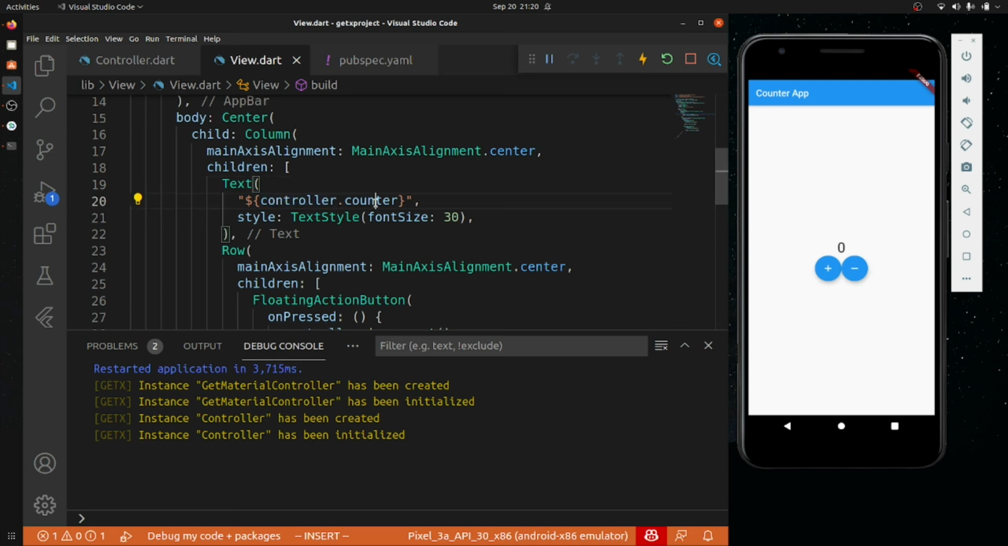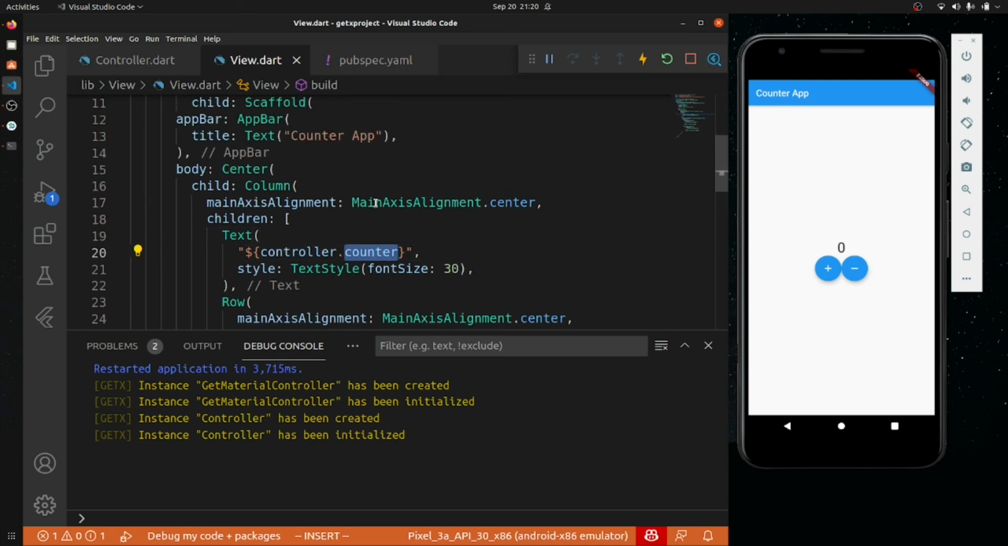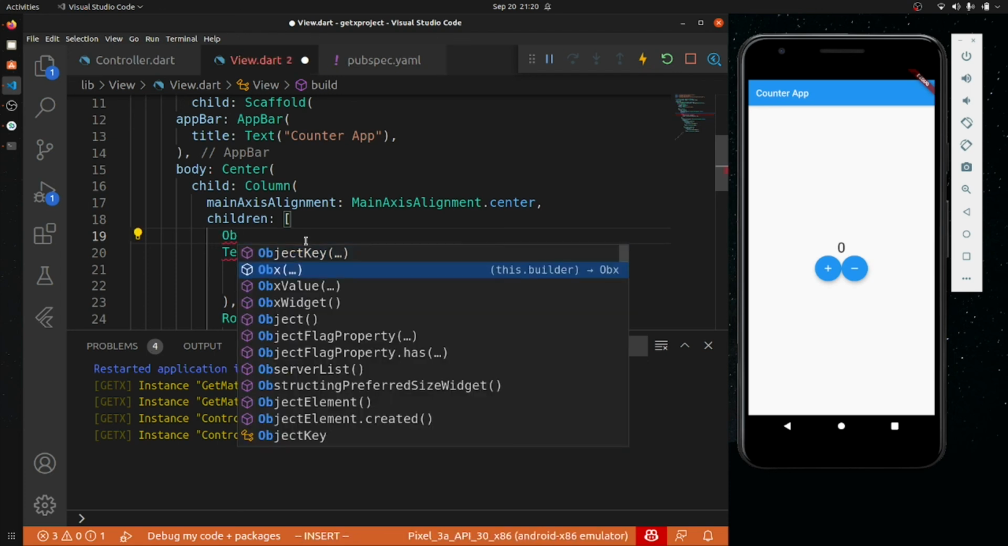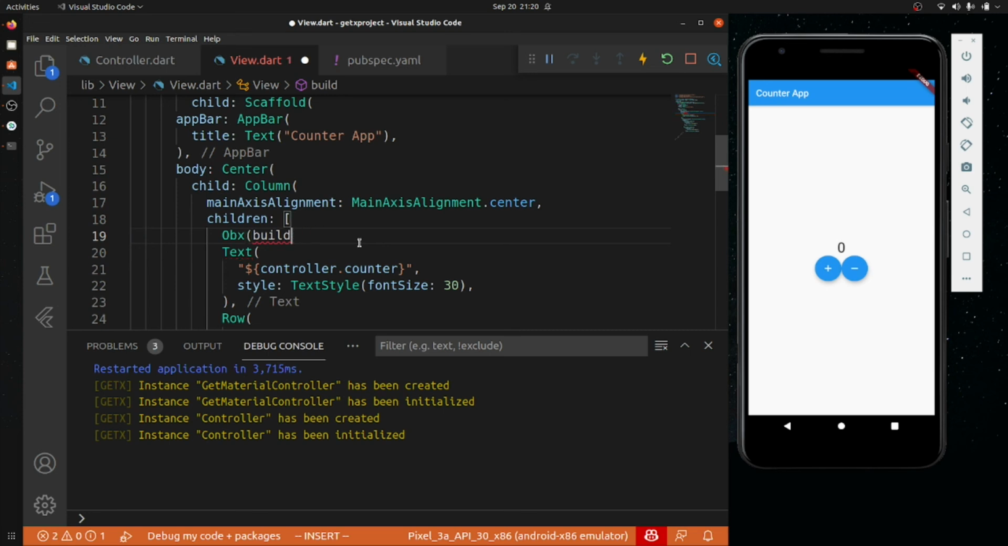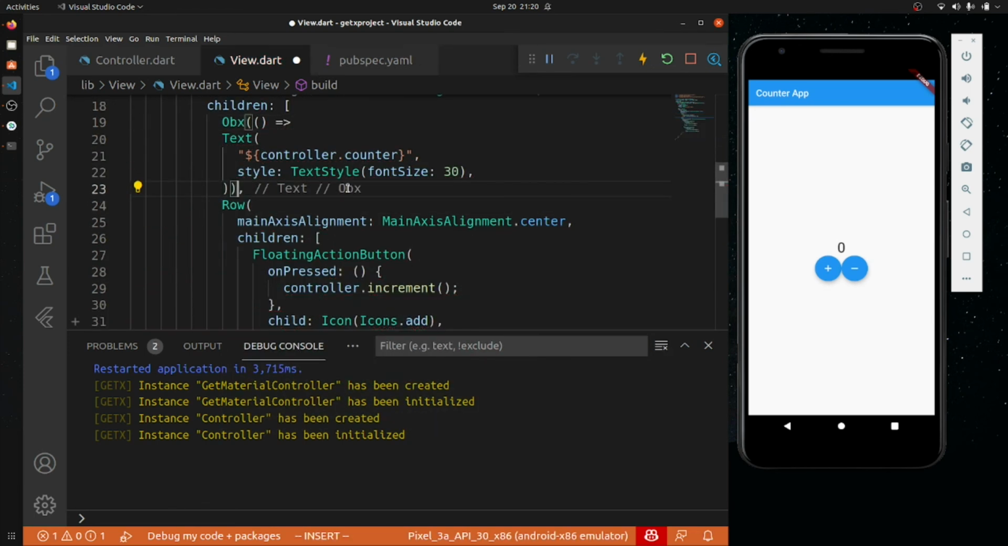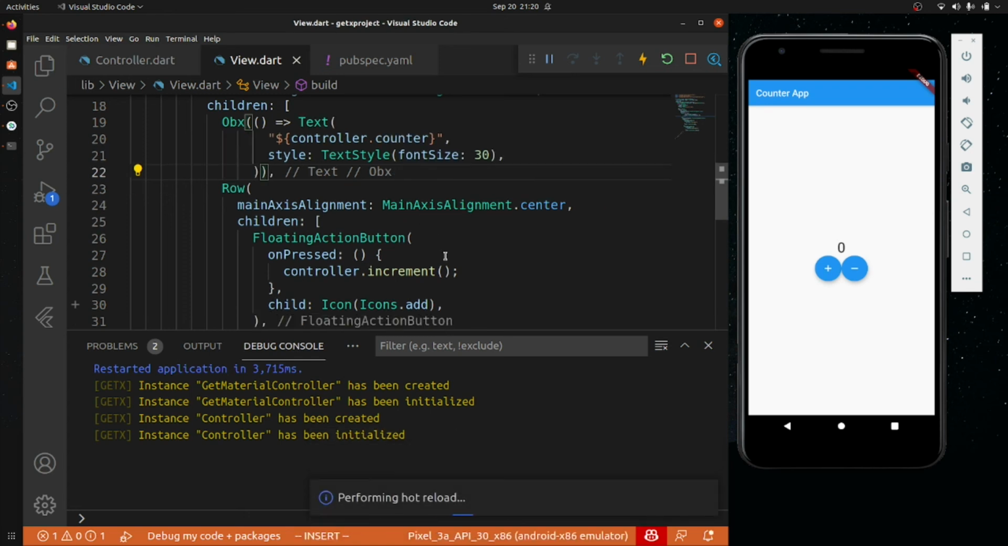we have set this controller counter. Oh sorry, we have missed one thing. If we have made something observable, then we have to call it using Obx. So we have to call the Obx function, and inside this Obx function we will be calling a callback. This callback will end here. If now I save it, I think it should work fine. Yeah, you can see that if I click on this, it is increasing, and if I click on this,